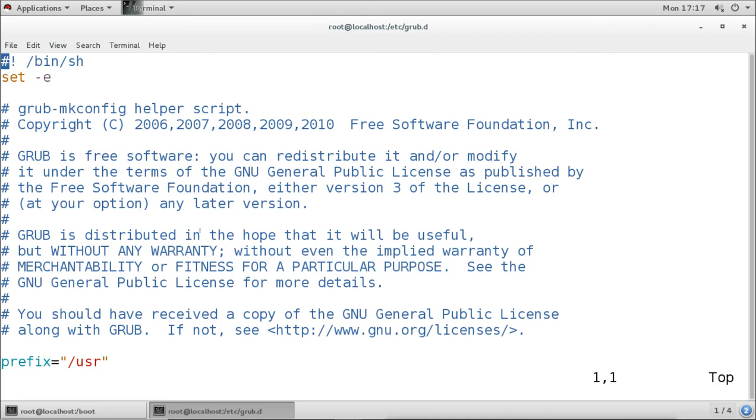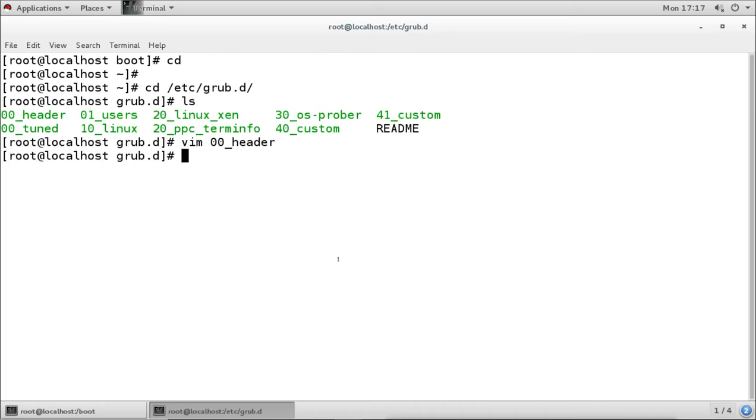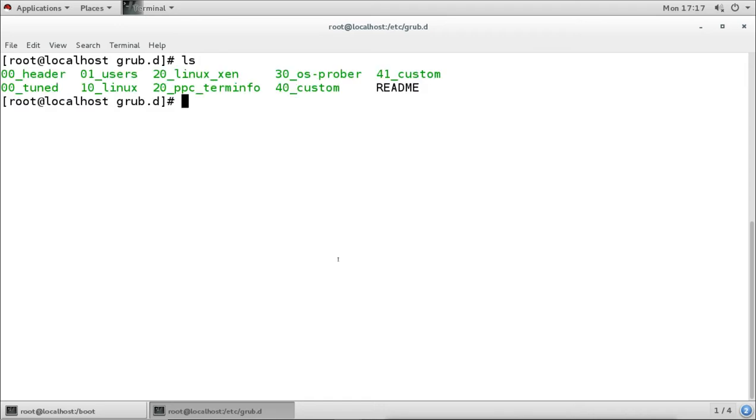Now before you try to edit, you should read all these things. It is just information, information about the file. It looks like it is not that easy to edit for normal people who don't understand scripts. If you don't understand scripting, you are not able to easily edit any of these files.